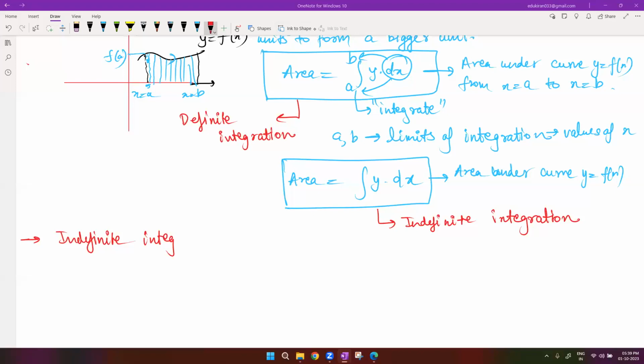Okay, so we'll start with indefinite integration. I would also like to add one more point here, because we have two major issues. One is